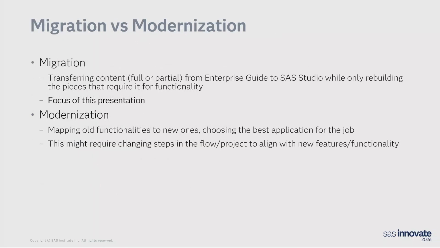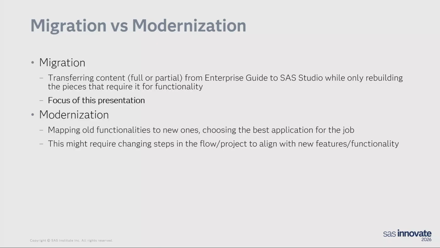I want to clarify here because sometimes people throw out migration and other times we talk about modernization, and there is a distinction here. So migration is when we're talking about just transferring the materials. So this is taking your project, picking it up as it is, and making sure it can run. There might be a few updates, but we're not optimizing it, we're not improving it for the specific CAS language functionalities, the multi-parallel processing. That would be more modernization. That would be going in and mapping those old functionalities to the new ones and choosing the best options.